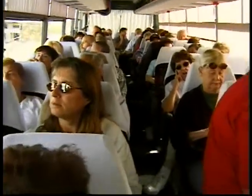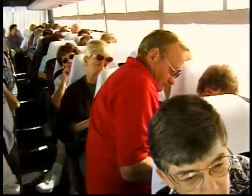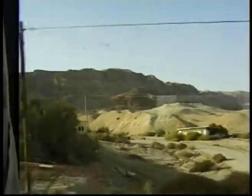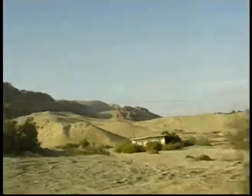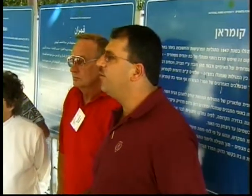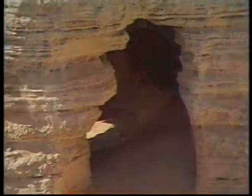So from Jericho, we're going to go a little bit further south, and we're going to head just toward the northwest portion of the Dead Sea. And of course, Betty, that would take us to where? That would take us to Qumran. Qumran, of course. Caves here, and in order to check into those caves, he started throwing stones to see if